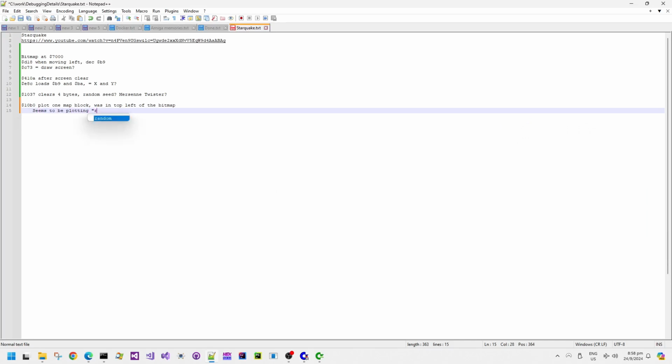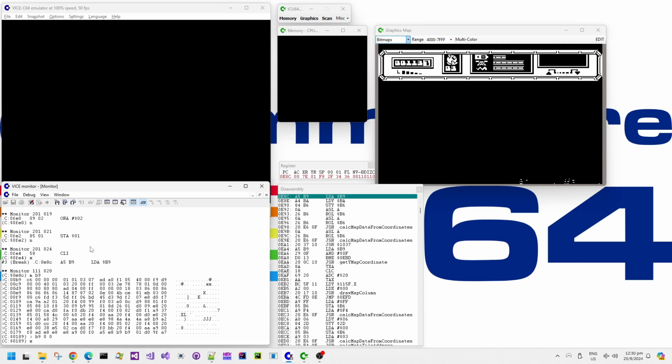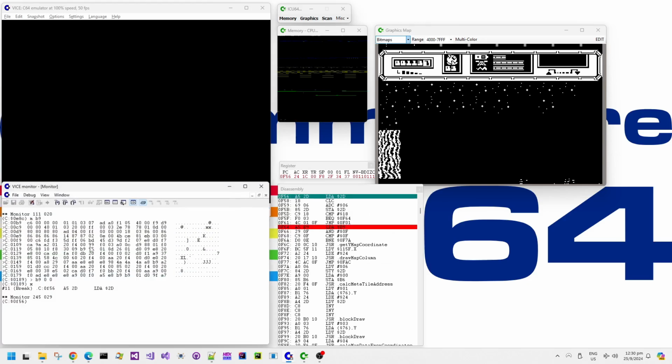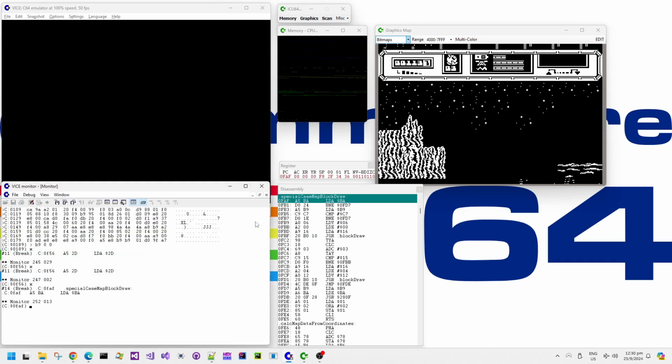Well, that kind of explains, I think, how this game stores such a large amount of data. Just before it starts drawing the map, let's override B9 and BA with 0 and 0. This should be the first, or 0, room. And look, if we step through the drawing code here,